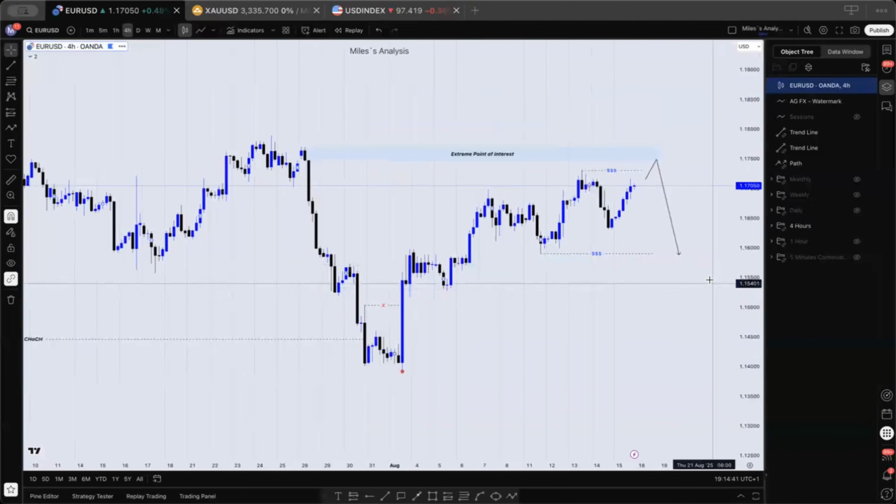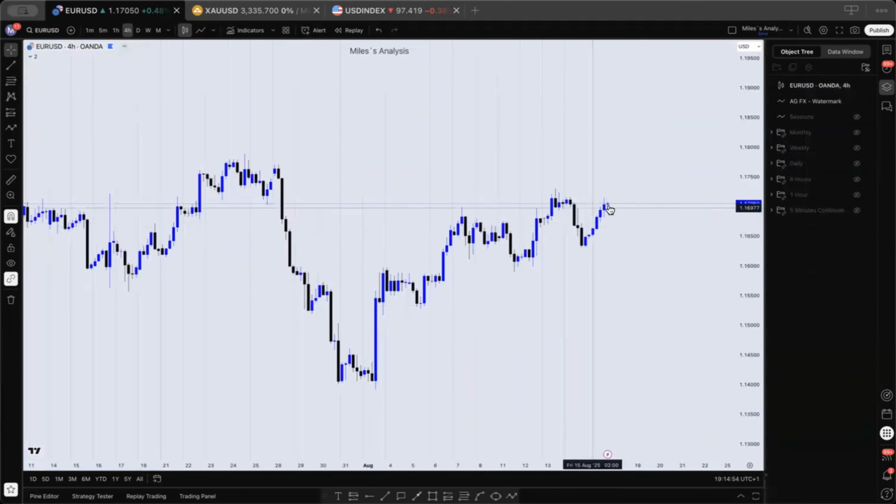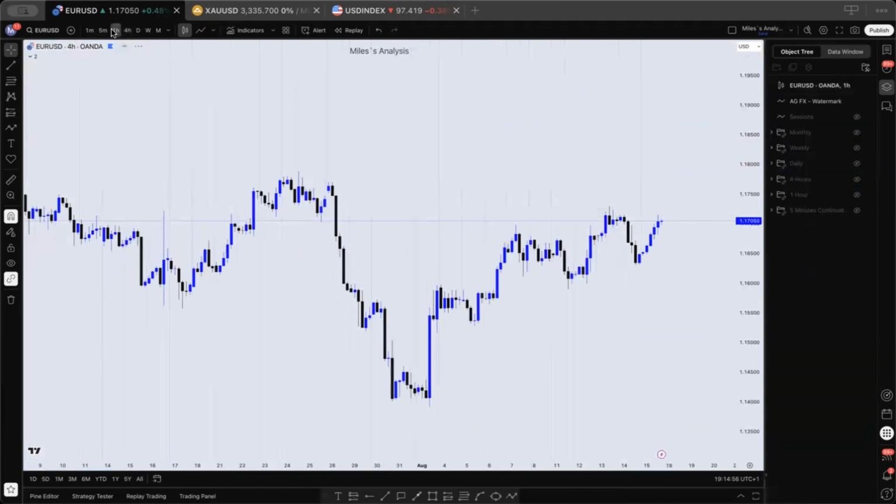But then again, I will not be using the 4 hour time frame on a daily basis, because I just focus on 1 hour and 5 minutes since I'm a day trader. But for position traders or swing traders, you can make use of this information and look for trades here. But for day traders, now this is